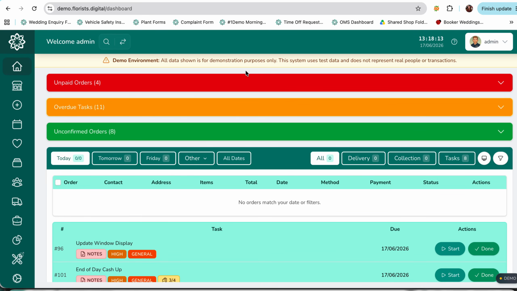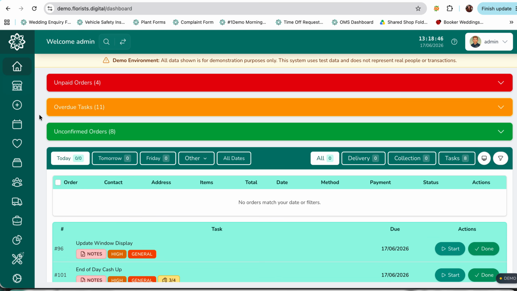One of the more advanced features of Digital Florists, and probably one of the more exciting features, is that you can put automations in. These automations are fully customizable. You can use automations to create tasks, emails and SMSs. Basically, for any tasks that you're doing regularly for certain types of orders, you could put an automation in, so you're not having to do that all the time, and it takes the